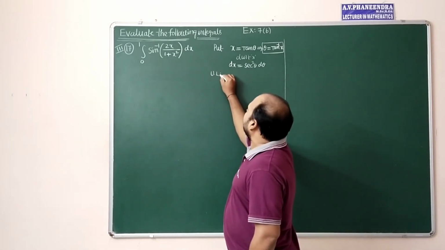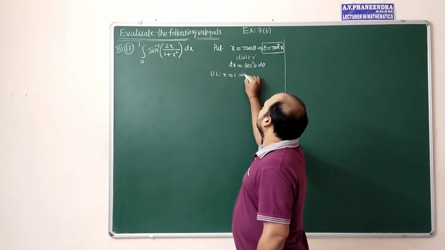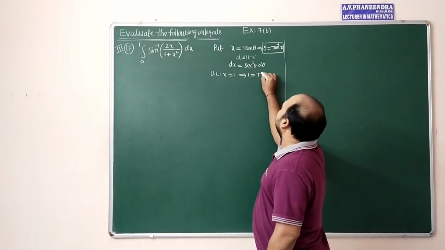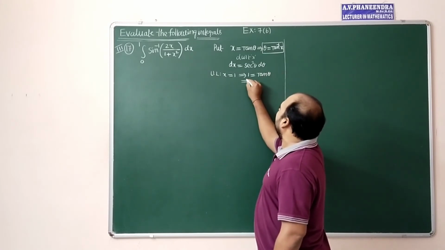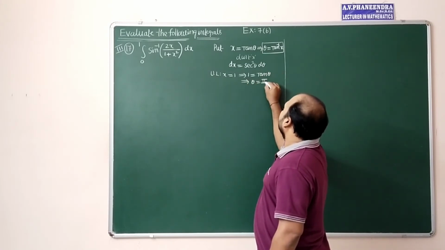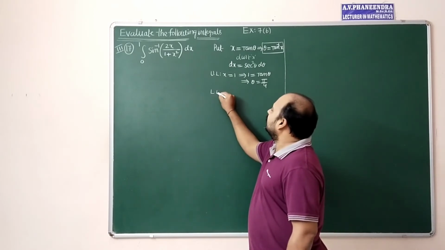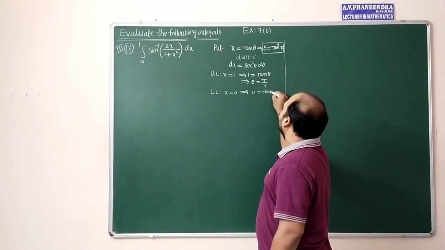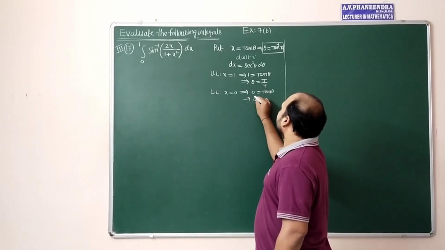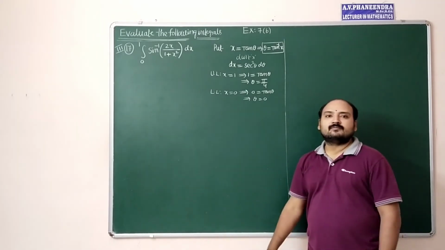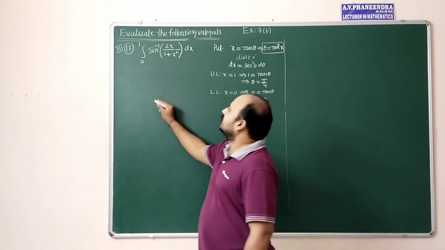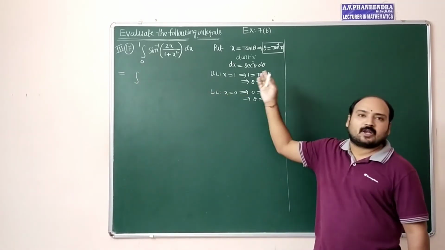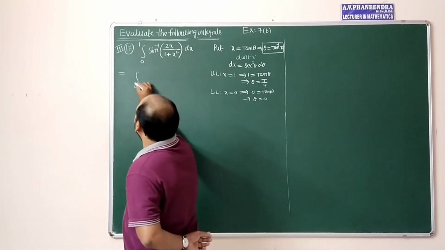So upper limit when x is equal to 1, so 1 is equal to tan theta. Tan theta when it will be equal to 1? 1 is equal to tan theta, then theta is equal to pi by 4. So lower limit when x is equal to 0, 0 equal to tan theta, therefore theta equal to 0. So after that come to the question, which is equal to integral, in place of lower limit 0, in place of upper limit pi by 4. So 0 to pi by 4